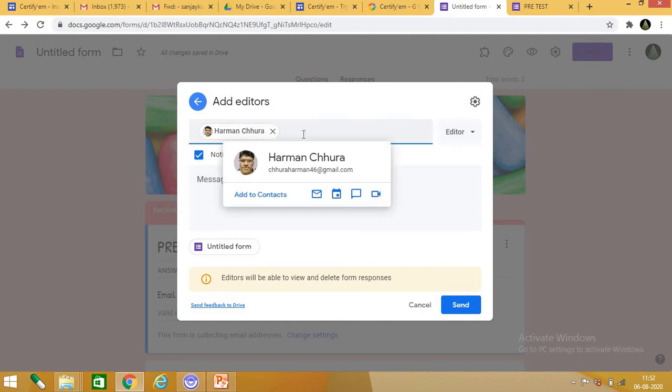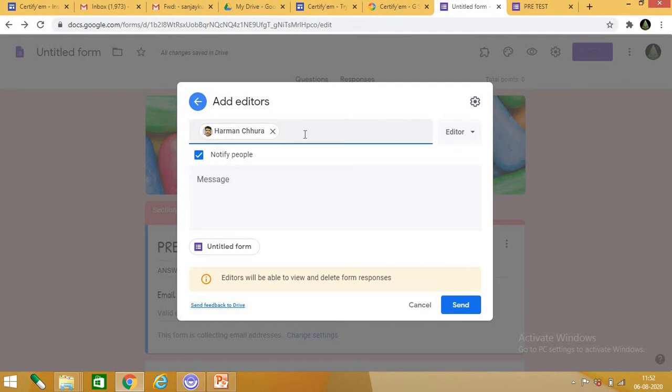Choose the email ID, or if it is not there, you type it. Then what do you want? Yes, I want him to edit. So he can edit the questionnaire. So editor, then send. We can send it to the person you want to edit the questionnaire. So send it.